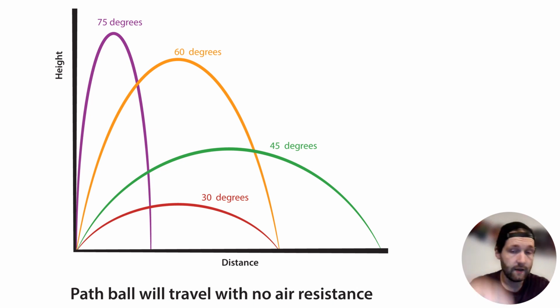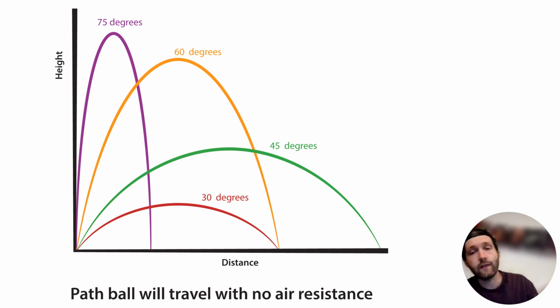The y-axis represents the height that this projectile reaches, and the x-axis represents the x, so the y and the x both represent the y and the x components of displacement. We can observe how changing the angle can affect the range and height of